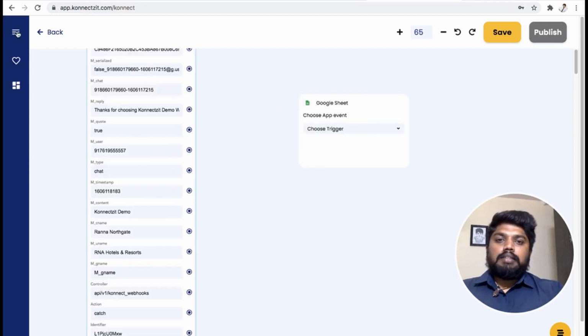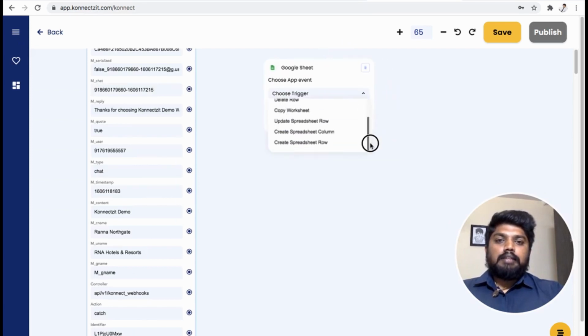I selected Google Sheet and chose create a new spreadsheet row, selected the spreadsheet as Connexit demo sheets, and I can choose the sheet.